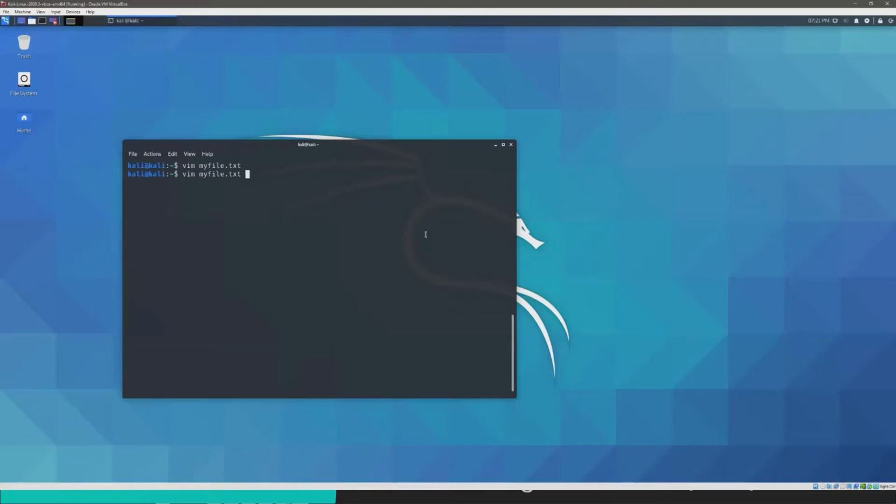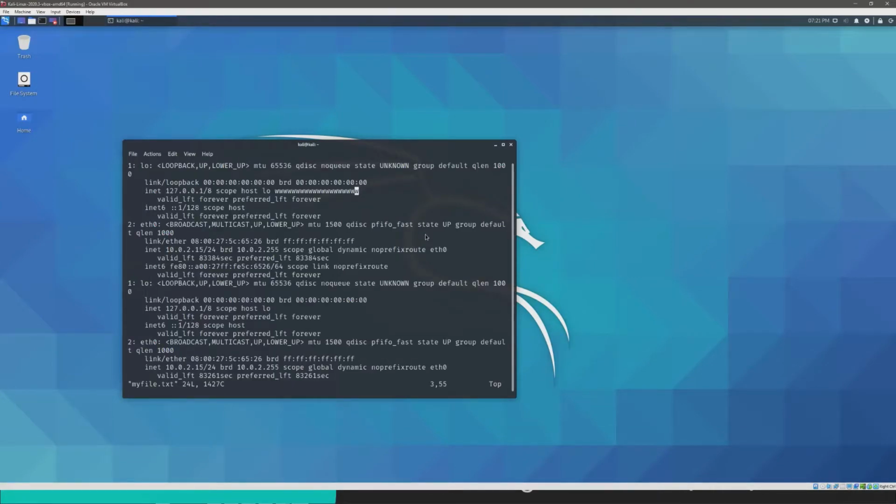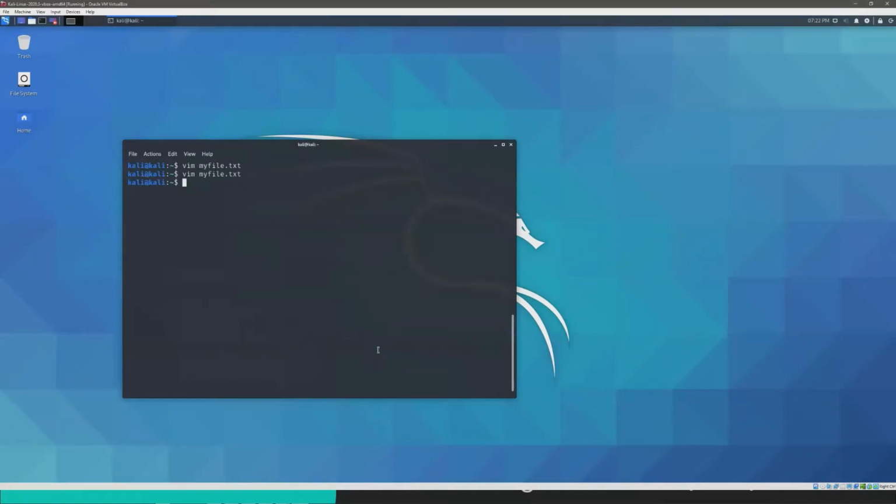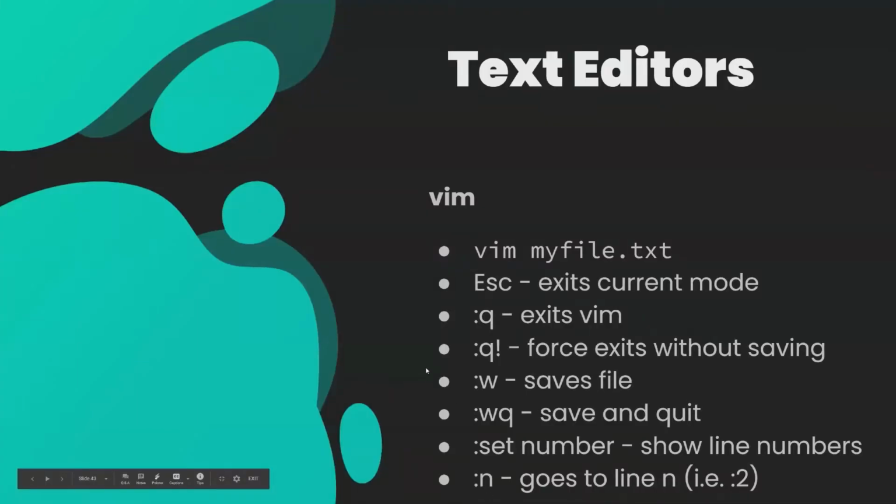Let's go back in. Now let's say I go into insert mode with i again, and I type some stuff here, and then I press escape to get out of insert mode, and I just wanted to exit without saving changes. So if I were to do :q, it would yell at me. It would say no write since last change, add exclamation point to override. So if you wanted to force exit, you would just do :q and then exclamation point, and that takes you right out of it. Here's some other stuff here, like set number.